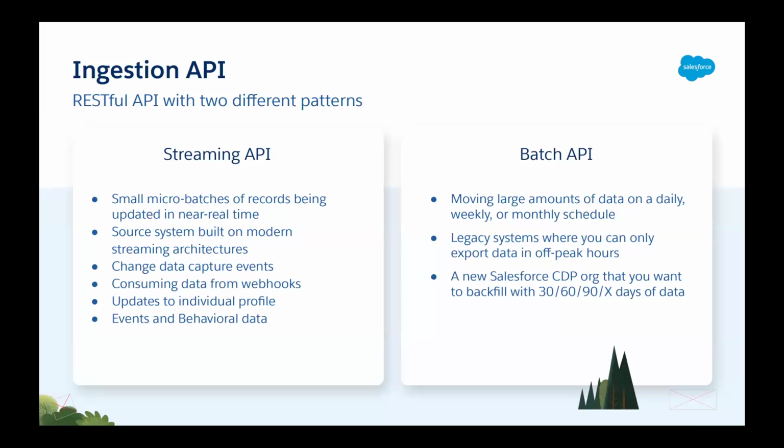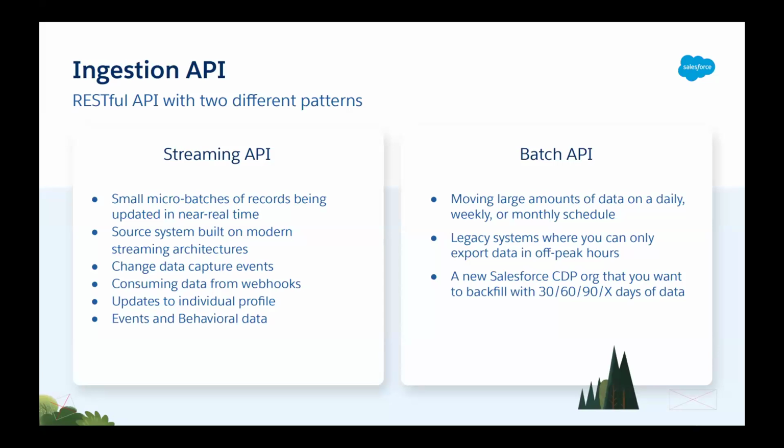That is, by the platform in near real time, approximately every 3 minutes. And this API is best suited for small batches of records, not exceeding 200 kilobytes. Typical use cases would include, say, a visitor signs up on a website and this triggers a database change. Maybe you've got an order fulfillment platform where you've got a change to the order or shipment